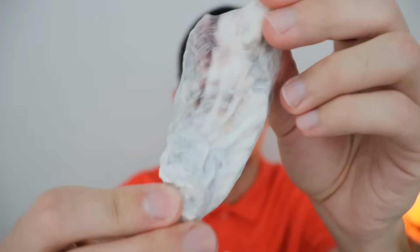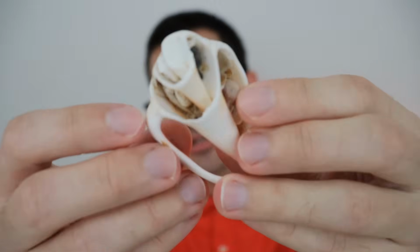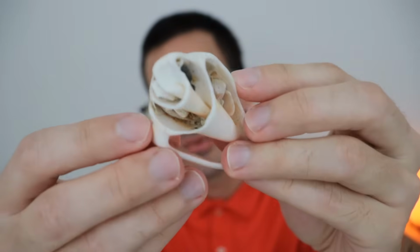So this is another cool one. It's a little white one. It's purpley white too. So these are some unique fillers, I call them, I guess. Not a huge fan of these, especially if they're broken, but just a couple of cracked ones. This one